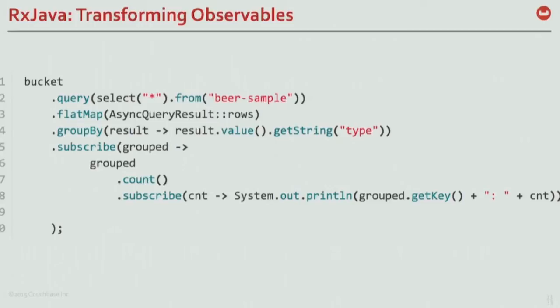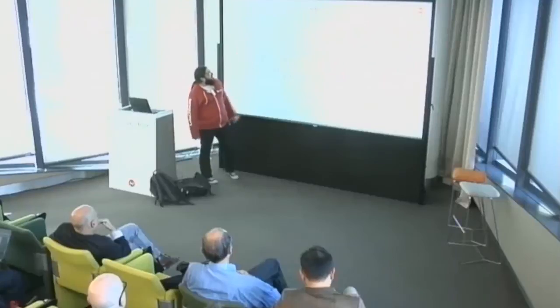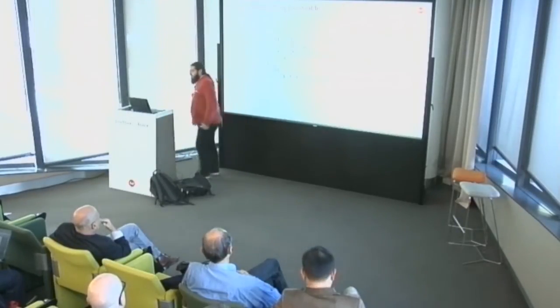You can see that it's not a string. It's using a DSL that we wrote, so it's easier to actually write this in Java than just writing the string. It doesn't really make sense for something this simple, but I assure you that when you write a very complicated query, it's quite nice to use this DSL. I'm doing my query, and then I'm grouping the results. Each document from the beer sample has a field called type, and type equals beer or type equals brewery. So what you end up having here, once you subscribe, is a map of key beer and content, and the other stuff.